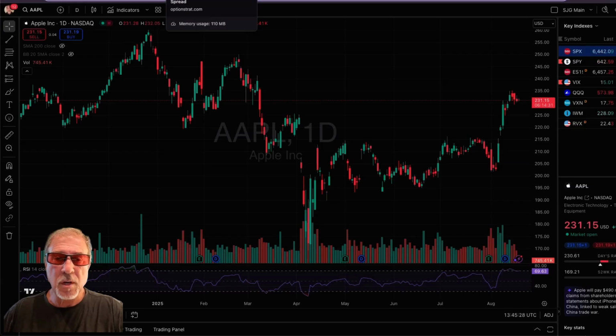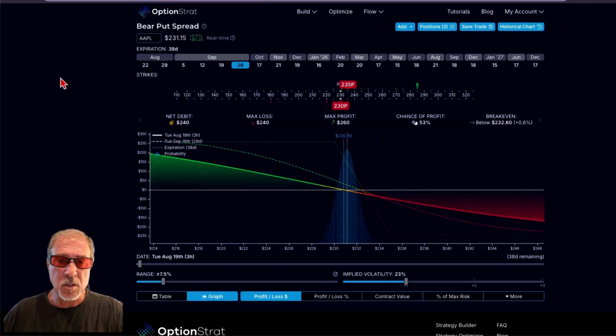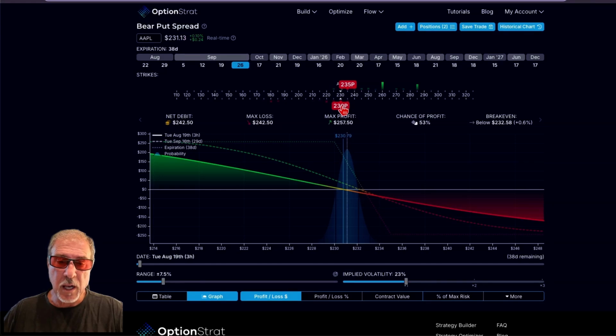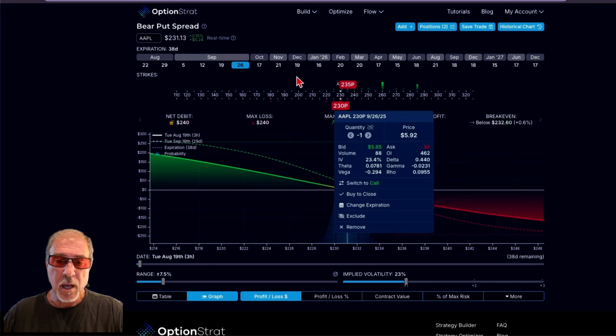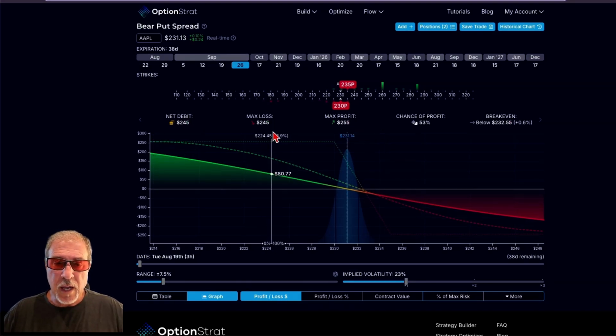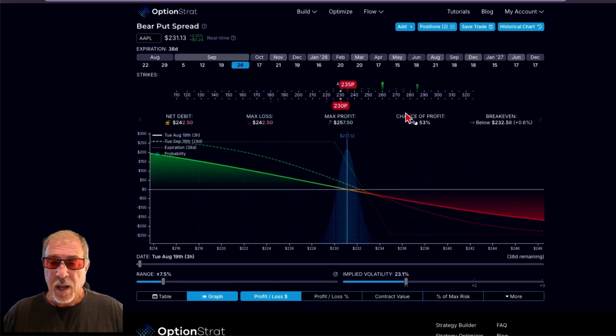I've modeled up two different potential paths here to consider. One is a bear put spread. In this case, I am buying a 235 put, and then I am selling a 230 put. And that selling of that put basically keeps the buying power that's required for it under control. So in this case, I have a max potential loss of 245, max potential profit of 255, and a chance